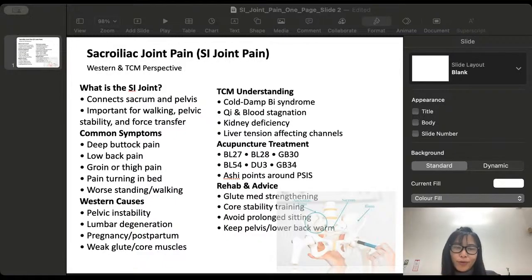Let's do a summary of what we talked about today. Sacroiliac joint pain is not simply buttock soreness. It is a pelvic stabilization disorder. Western medicine looks at biomechanics, instability, and inflammation, but TCM looks at Bi syndrome, liver and kidney imbalance or deficiency. Cold